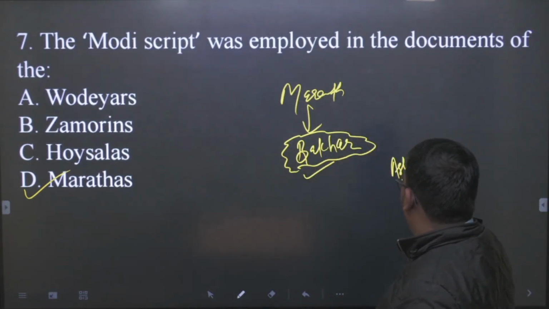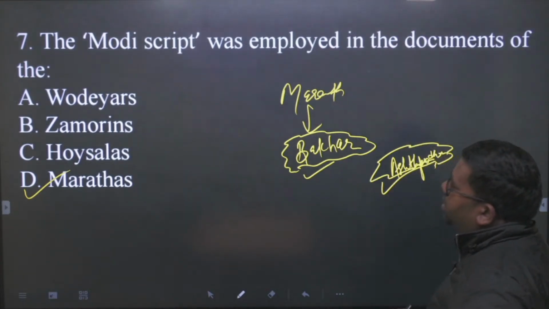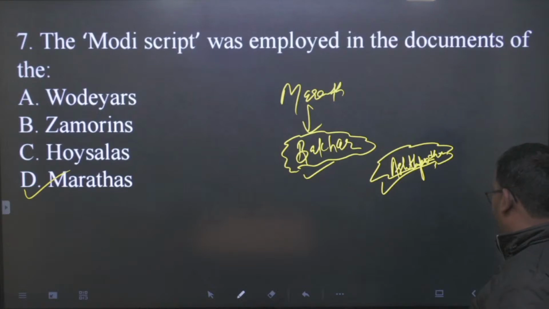Okay, so Maratha and Shivaji had an Ashtapradhan. Keep this in mind also, what did they have? The Ashtapradhan were the ministers who used to lead the Marathas. Okay, a main common point. So the Modi script was used by the Marathas. Then